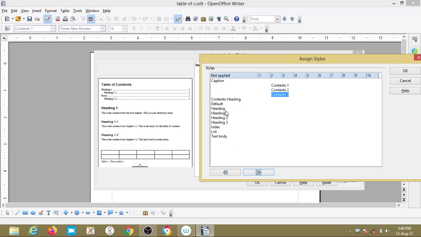So next heading, five to 6, so click on this right button, left button, selecting the things.